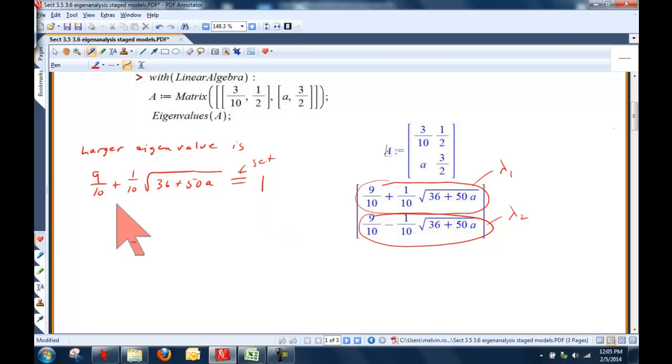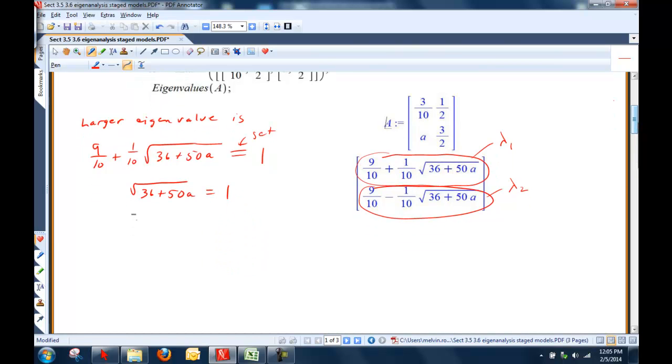So doing the algebra, subtract 9/10 from both sides, multiply both sides by 10, just writing down several key steps here: the square root of 36 plus 50a should equal 1. If we square both sides and do some more math, 50a equals minus 35, and a turns out to be